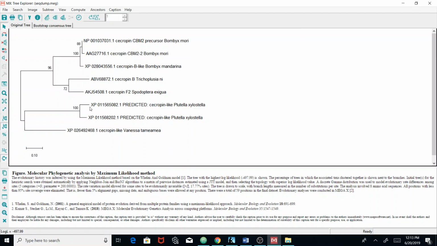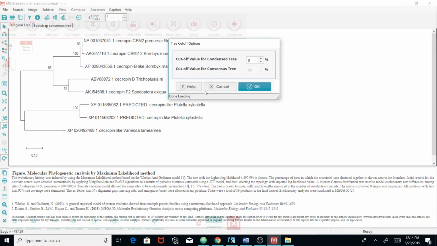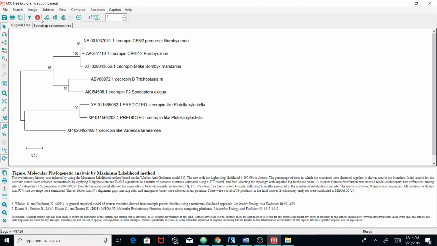And here's the tree, and you can see that we have these values at each node. These values indicate the reliability of this hypothesis of these two being similar or being homologous or not. And so that's the bootstrap method. It kind of gives you a sense of how reliable this tree is, right? So you can also visualize the tree in different formats. Go to View,